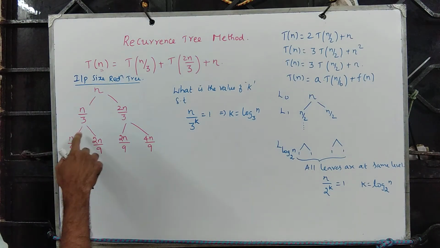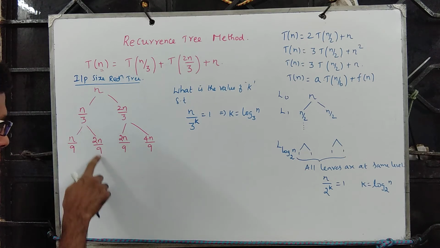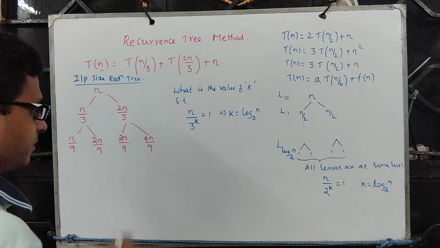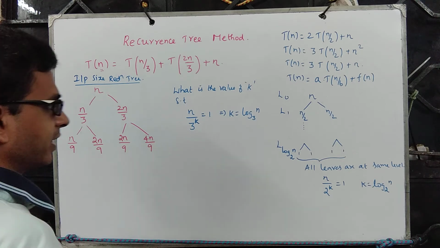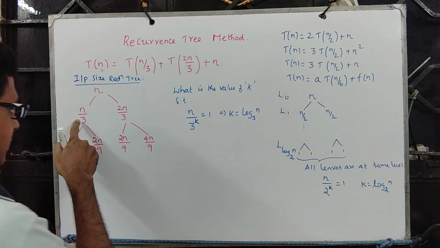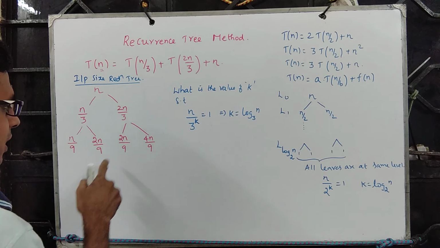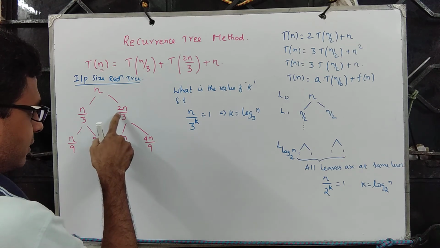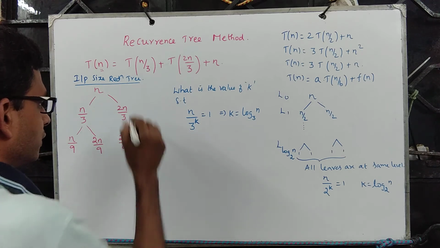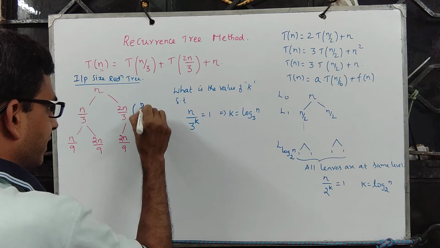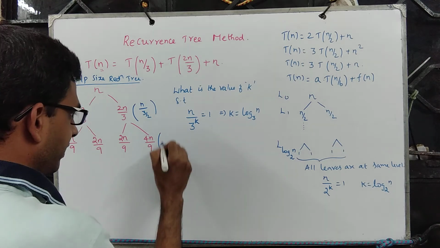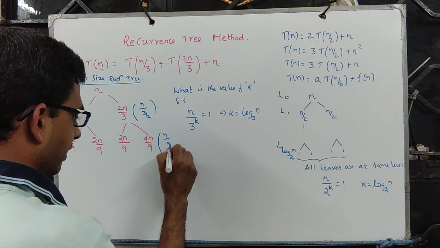But that is not the only thing, right? You also have something called 2n by 9, and that keeps reducing. You also have 2n by 3, that keeps reducing, and again this keeps reducing, correct? So now what is it that we want? On one side it is n by 3, n by 9 and so on. On the other side it is 2n by 3 and 4n by 9, like that. So this can be rewritten as n divided by 3 by 2. Correct? And this can be rewritten as n divided by 9 by 4.